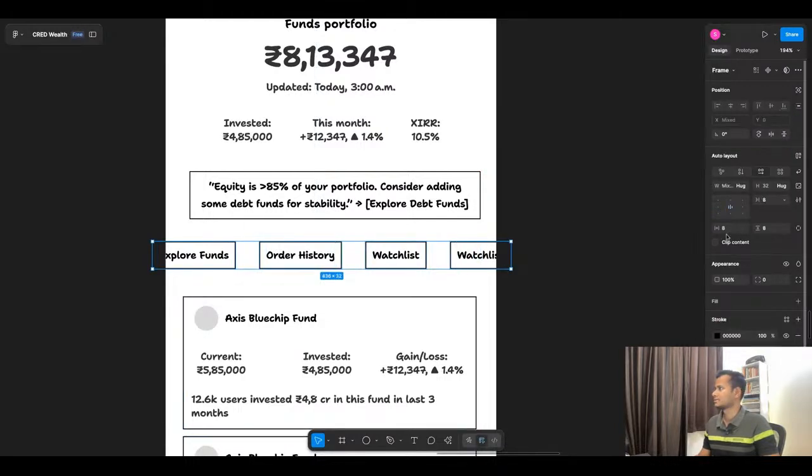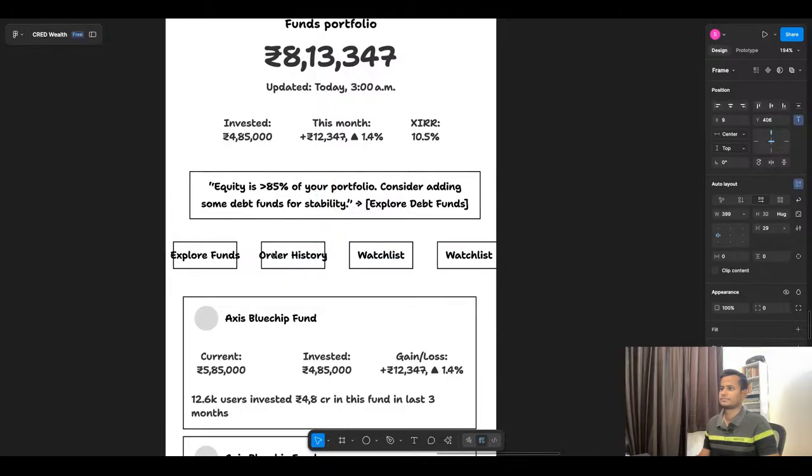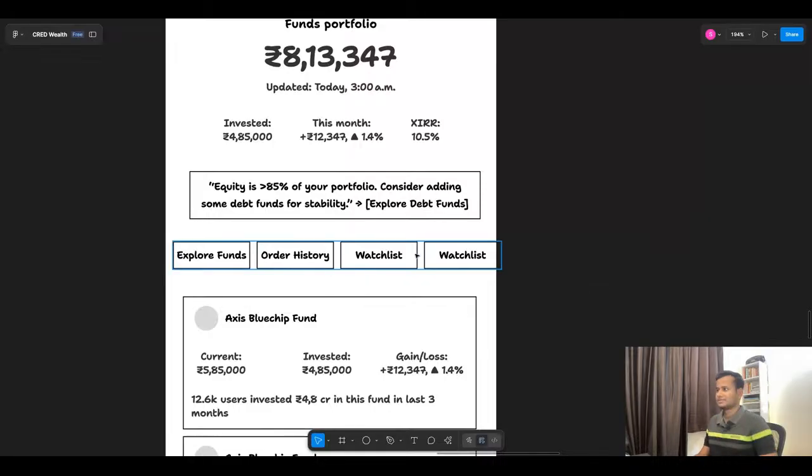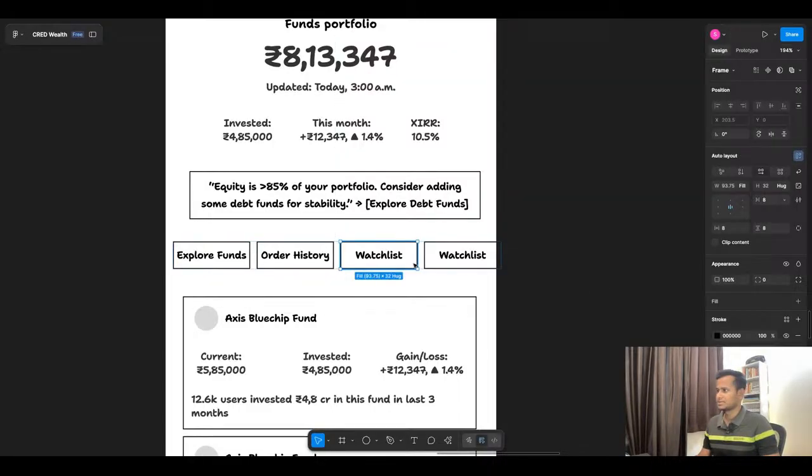Again this mistake. 16 or maybe 18, let's give. Okay, now this is looking like this, but in real when we will design the UI, this is going